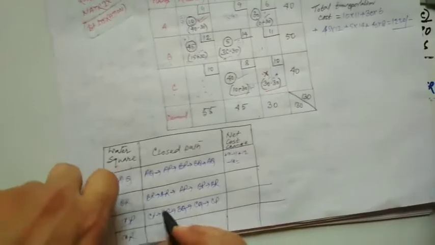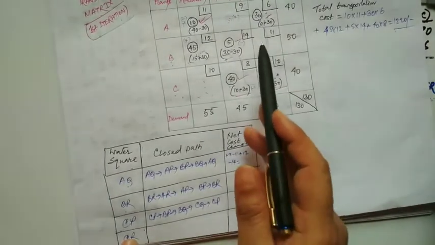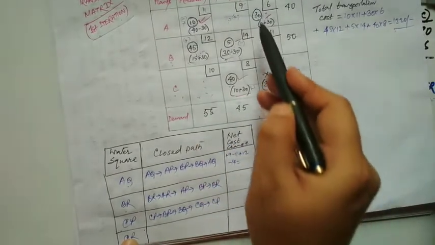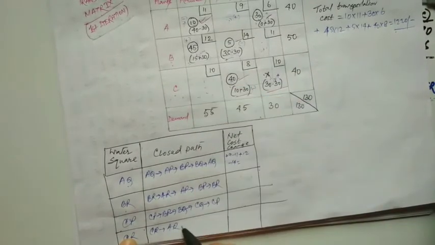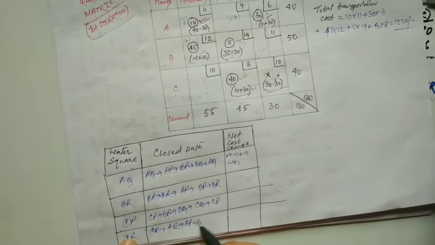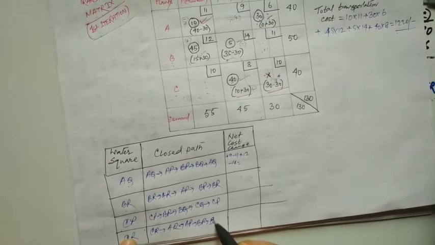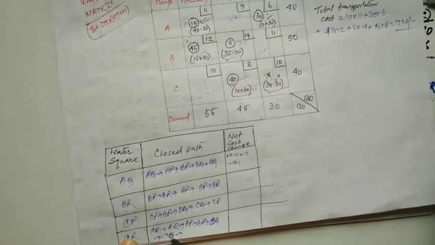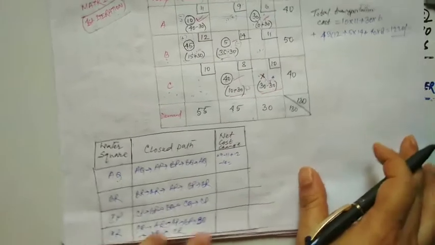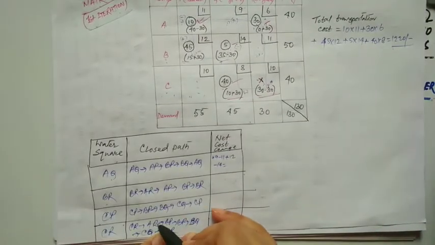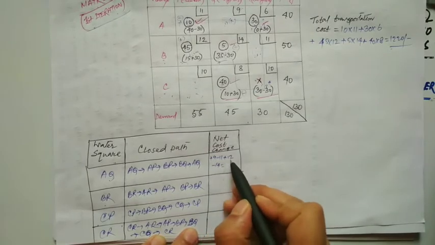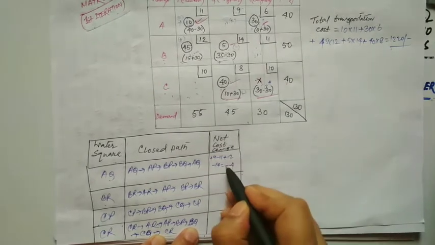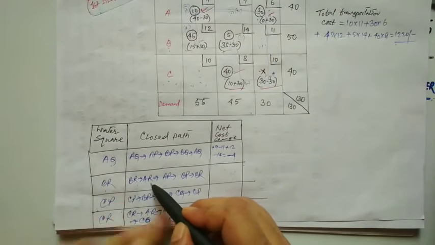Now let us write the path only. From CR, then AR. So it gives CR, AR, then AP, then BP, then BQ, then comes CQ, then comes CR. Now as we have all the closed path, we can calculate the net cost change. For this one, plus 9 minus 11 plus 12 minus 14 is minus 4 only. Minus 4. For this one, BR, AR,